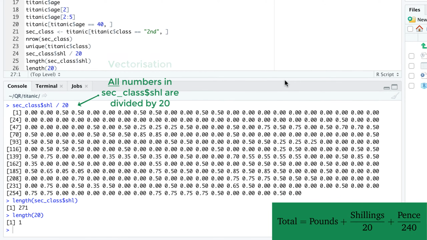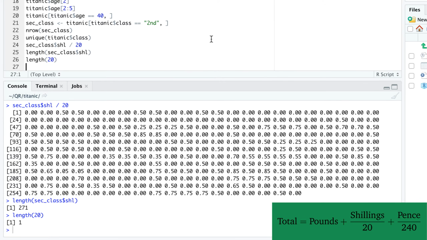In the R jargon, this rule is called vectorization. If one operand is a vector with multiple elements and the other operand a single number, R carries out the operation for all elements in the longer vector. We can currently find all numbers in the console, but this output isn't very useful because the numbers aren't linked to the remaining passenger information, for example name or gender. It would be better if we could add the numbers to the data frame as a new column, called for